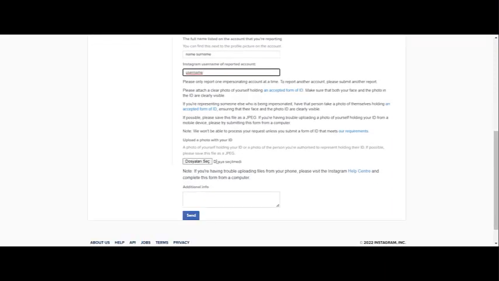After that, here is a button telling you to upload your ID. It's not just the ID. In here you have to take a photo of your ID card beside your face. There must be your face and your ID card. After you take the picture and upload it here,